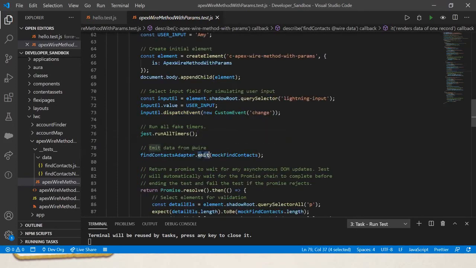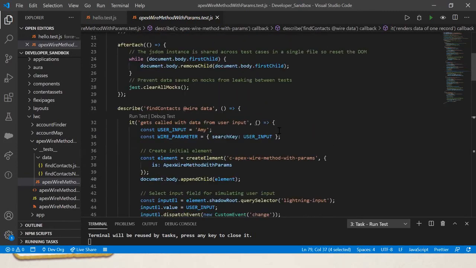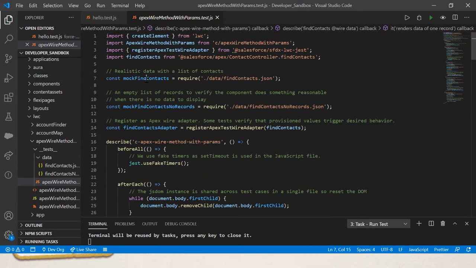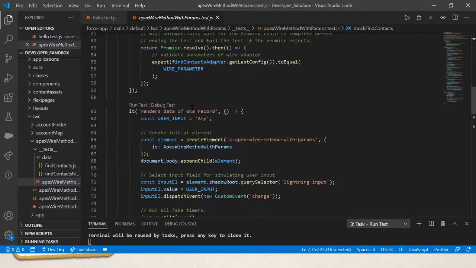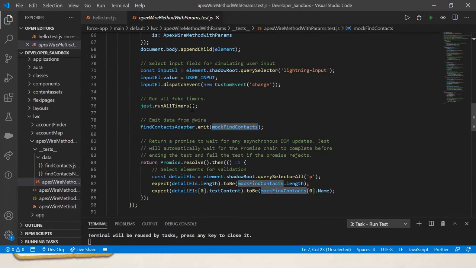But in this case, we are just using this emit method. So we are passing the defined data. We already built the JSON file, right? So we covered calling the server side method, and we just emitted. Anyways, we are running this method locally, so we are just emitting the data from JSON.